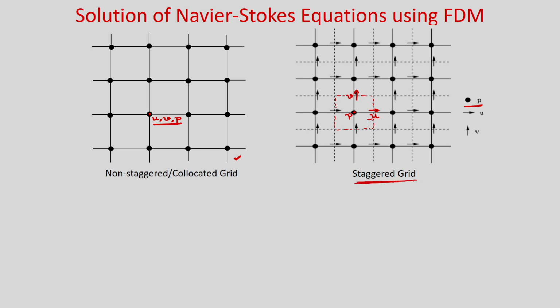Using staggered grid you can avoid the pressure and velocity decoupling. You can see in this figure all these horizontal arrows, wherever they are, we solve the u velocities. But when we solve v velocity it is at the vertical arrows. In the vertical arrows the v velocity is noted. So, we solve all the v velocities.